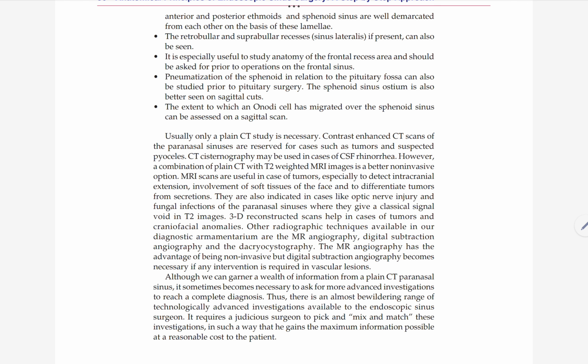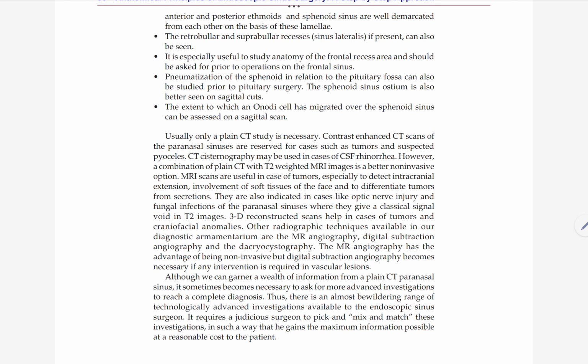Other radiographic techniques available in our diagnostic armamentarium are the MR angiography, digital subtraction angiography, and the dacryocystography. The MR angiography has the advantage of being non invasive, but digital subtraction angiography becomes necessary if any intervention is required in vascular lesions. Although we can garner a wealth of information from a plain CT paranasal sinus, it sometimes